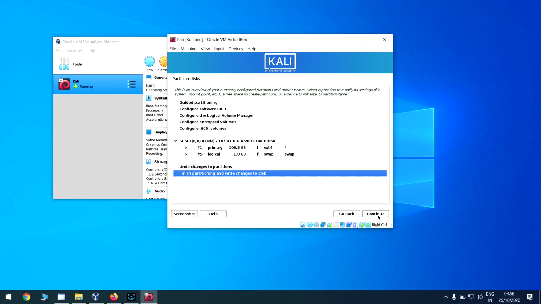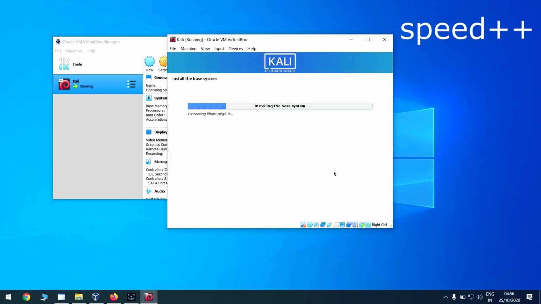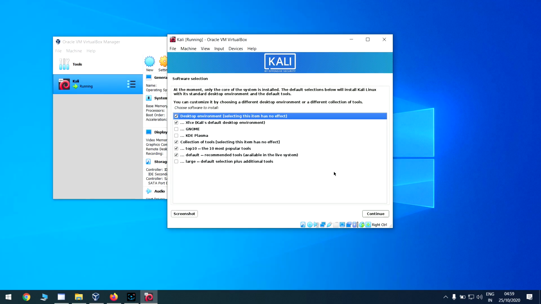Yes, continue. Write changes to disk, click yes and continue. Now it's asking me for the software selection. If you want to go with GNOME, you can select from here, but I will let it be default and click continue.